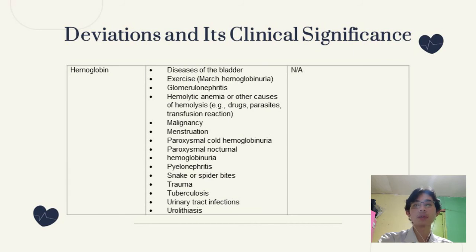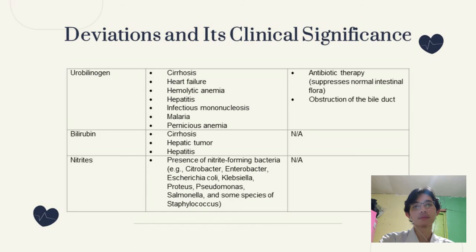And for hemoglobin, it may be increased in diseases of the bladder, exercise, glomerulonephritis, hemolytic anemia or other causes of hemolysis, malignancy, menstruation, paroxysmal cold hemoglobinuria, paroxysmal nocturnal hemoglobinuria, pyelonephritis, snake or spider bites, stroma, tuberculosis, urinary tract infections, and urolithiasis. For urobilinogen, it may be increased in cirrhosis, heart failure, hemolytic anemia, hepatitis, infectious mononucleosis, malaria, pernicious anemia, and